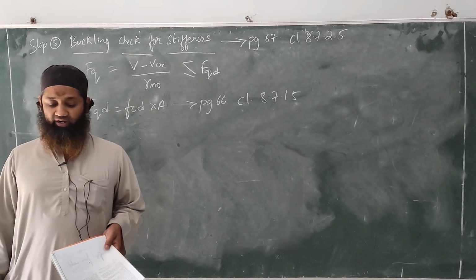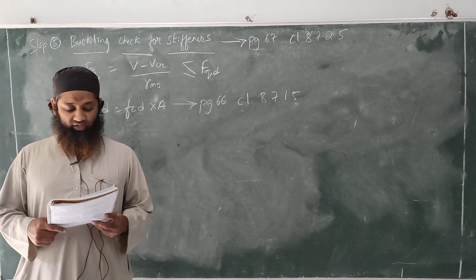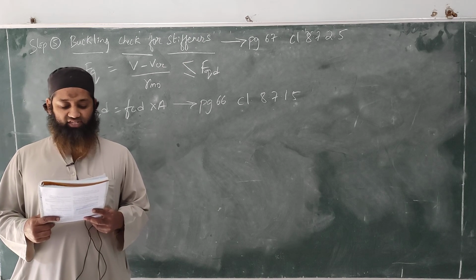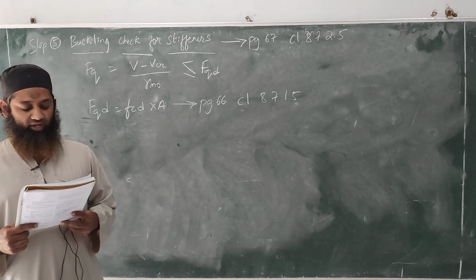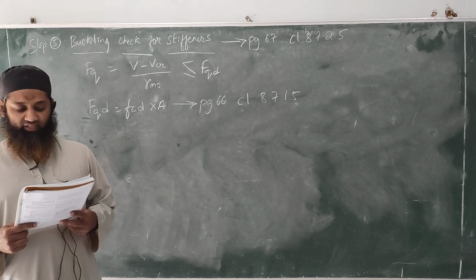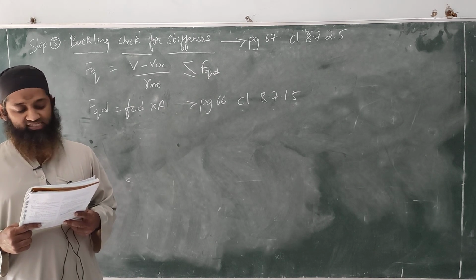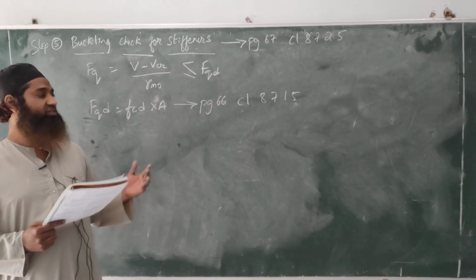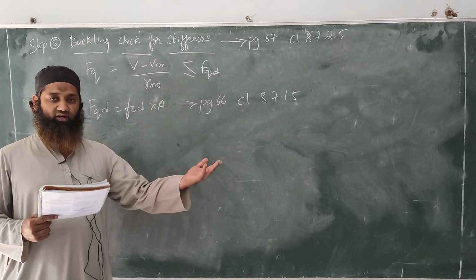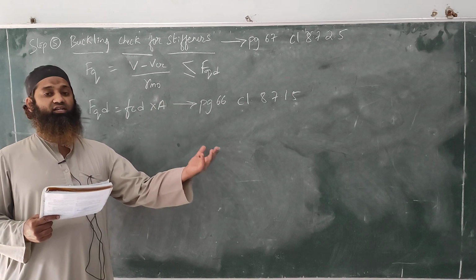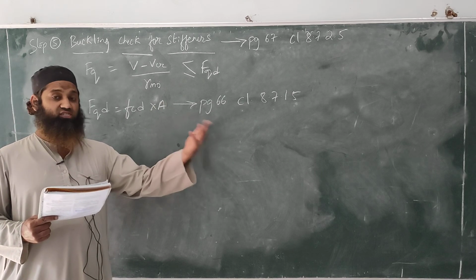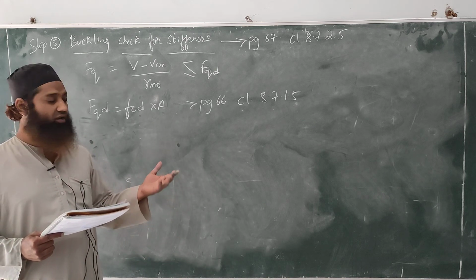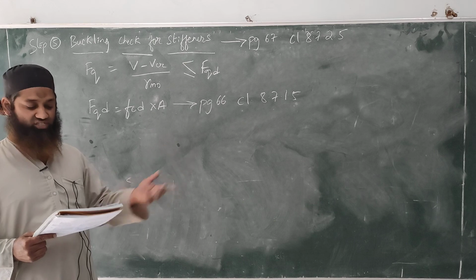Now we'll have to find out what these values are. You can just see here further if you can read it. The effective section is the full area or core area of the stiffener, together with an effective length of web on each side of the center line of stiffeners limited to 20 times the web thickness. It says that on both sides of the web we'll have to check the effective stress on the stiffener. As we'll be providing the stiffener on both sides of the web, we'll have to check the stress coming onto the stiffener here.